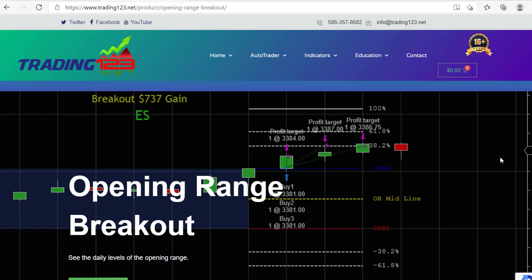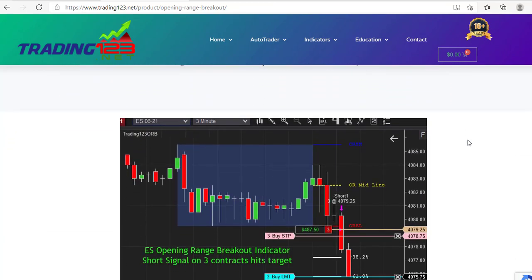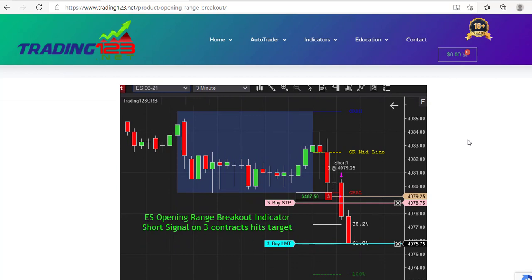Now this indicator also has advanced Fibonacci levels above and below it that come into play each and every day. Let's look at them here. So what is the opening range breakout? It'll tell you all about it right there. And then here's another trade we did the other day, and this one was to the short side. We got the fib levels worked in with the opening range breakout. Price action sells off. We're trading 3 contracts of the ES, and our target was the 61.8 fib. It hit that, and we hit our goal of 487.50. So very powerful